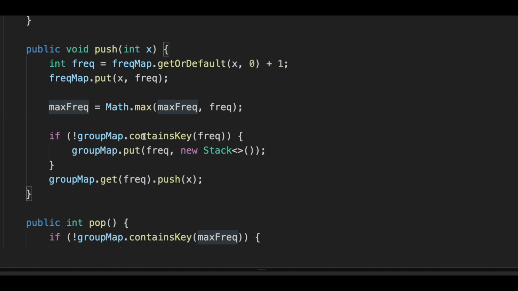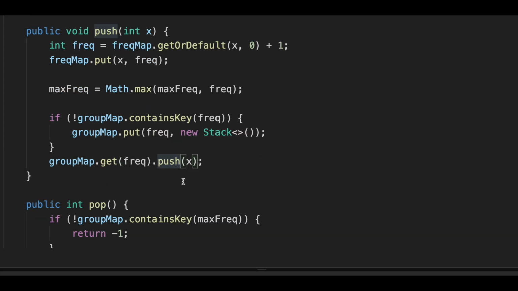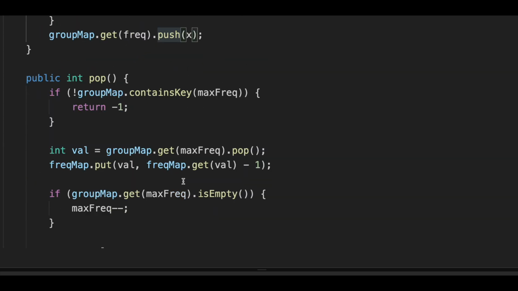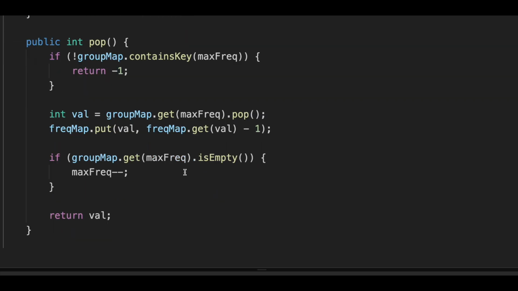And the next one, in our map, we check whether it contains our new frequency. If it does not contain it, then we create a new stack for it. If it already contains it, then we just push that to that stack. And in the pop, when we are taking the element from our stack,